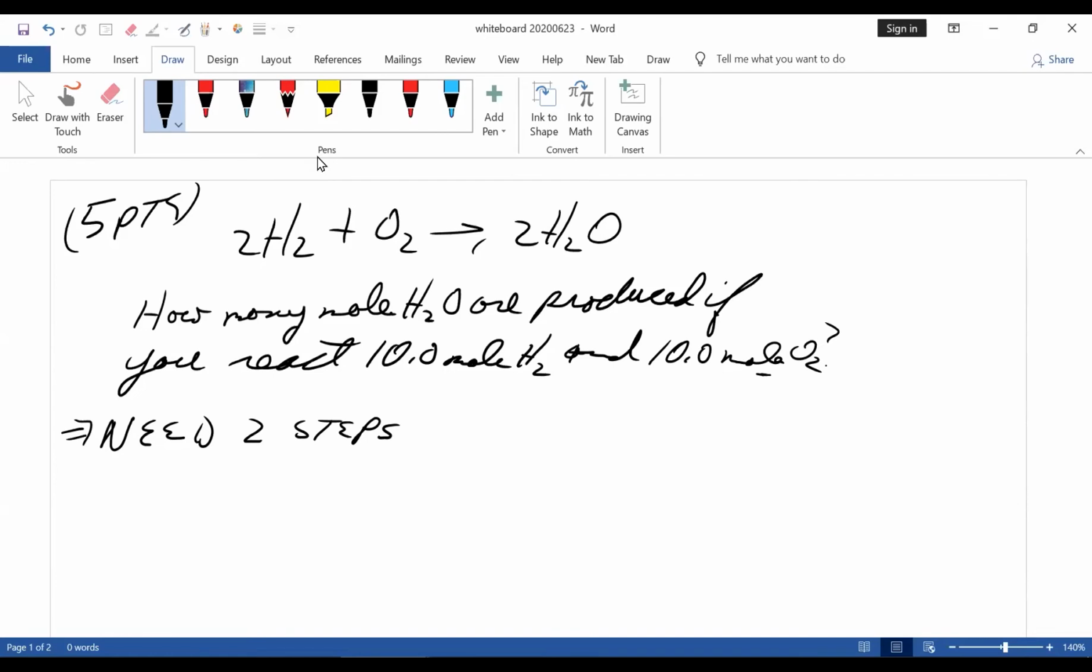Now, I used to teach it one way, and a couple of years ago, I had a very smart student, and he came up with a better way of doing it, which works, and I now adopt that way. Now, first of all, as you know, what are we being asked to find? Moles of H2O. What are we given? Moles of hydrogen, moles of oxygen. Now, the 2 steps are, each step